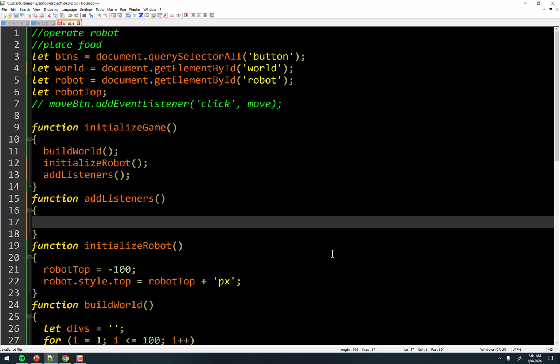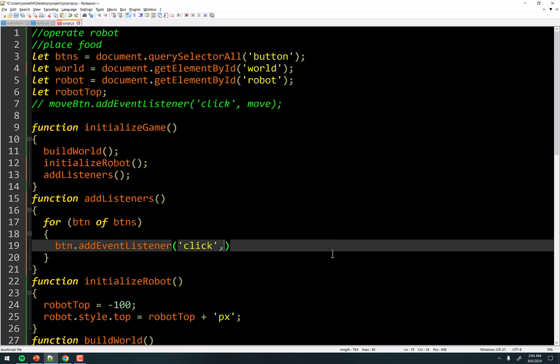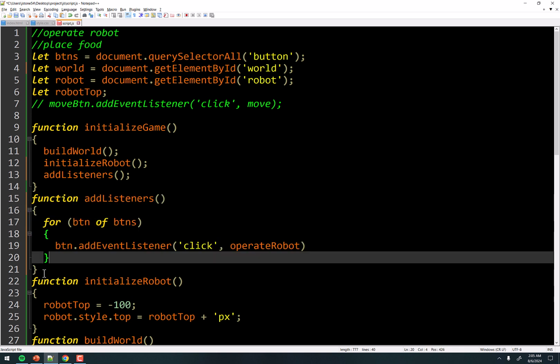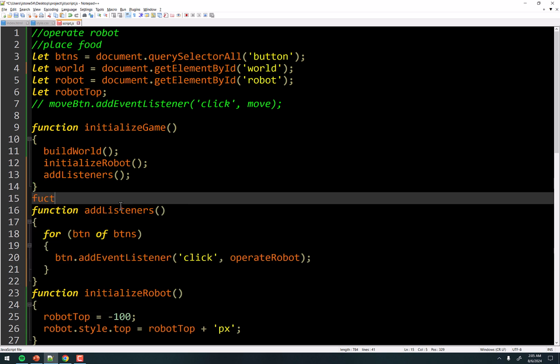Now, let's just do a for of loop, right? For btn of btns, we're listening for a click event for all the buttons. That they're all going to be click events. However, this is where it can get a little tricky. Well, if I click the move button, I want to call the move function. If I click the turn north, I want to call the turn north function, and so on and so forth. However, we can make one function that we will build and customize to handle all of it. So we're going to call that function operate robot. But let's just start simple, okay? This is the add listener. This is done. I mean, really not much more to it than that, right? Oh, except for a semicolon there. So let's make this function here called function operate robot.